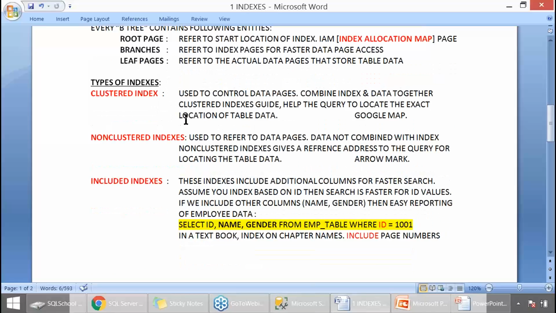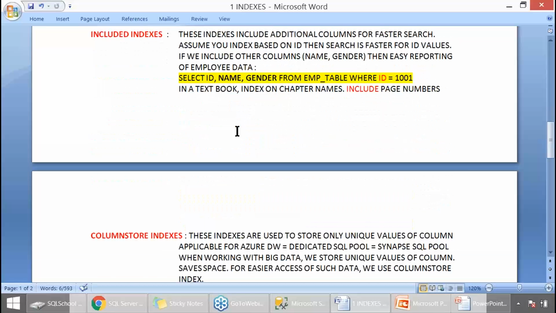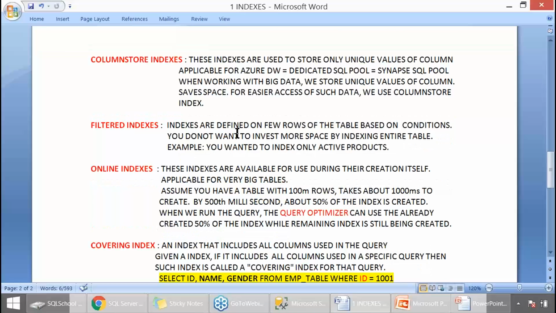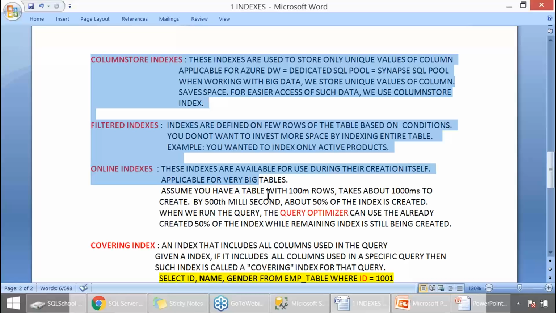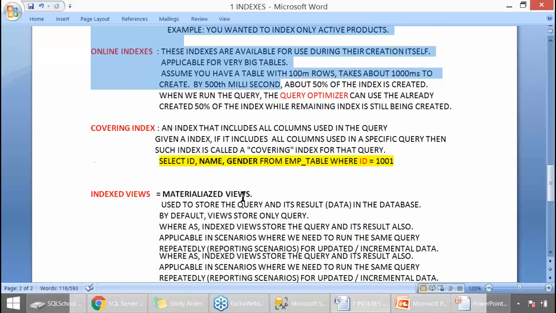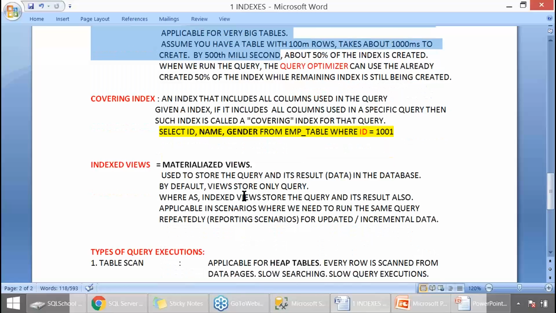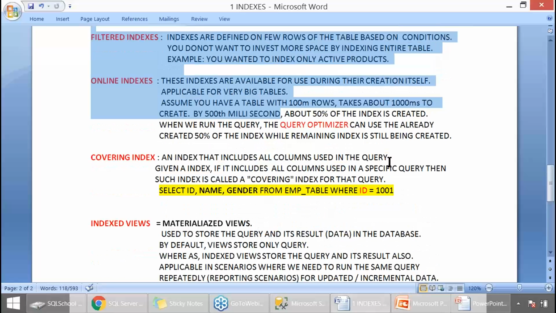Different types of indexes for different scenarios. Let's understand them carefully now. Then come to a conclusion when to use which index and how to minimize the number of indexes for best query performance. Right? We'll do it next.